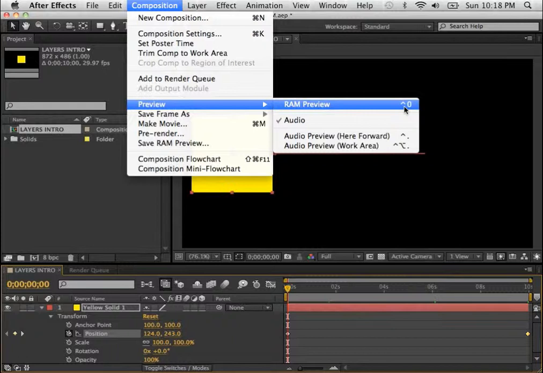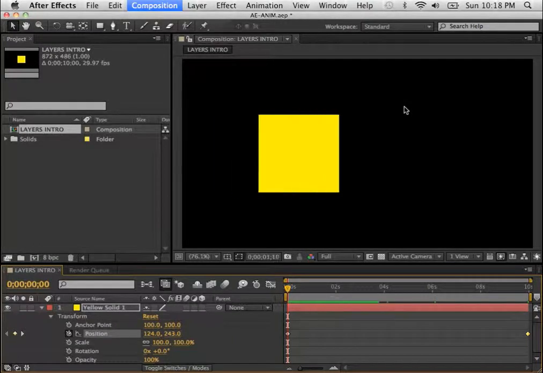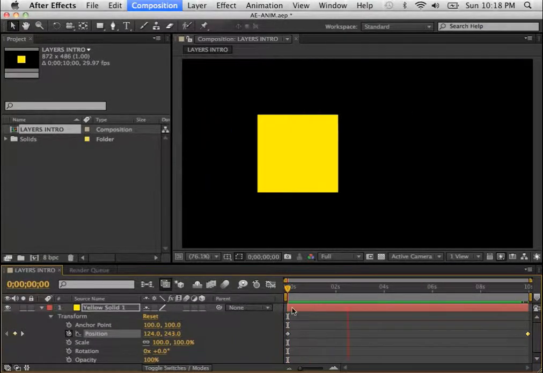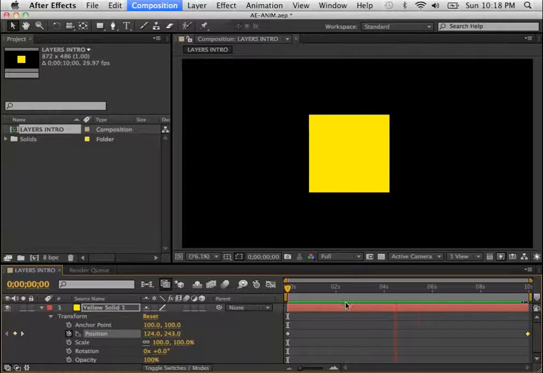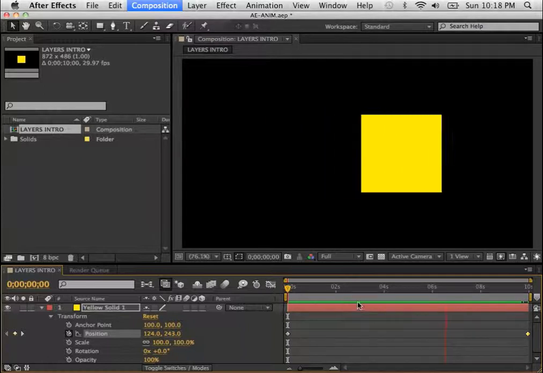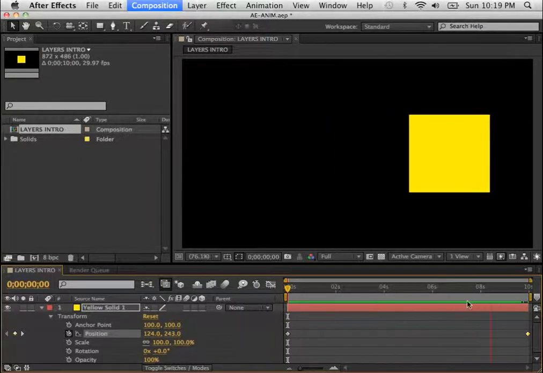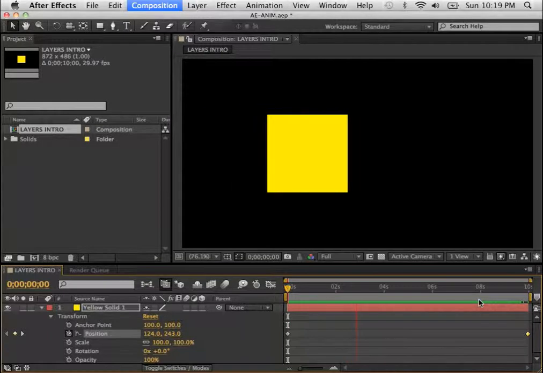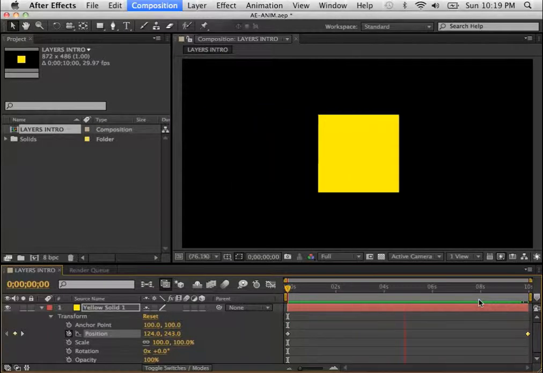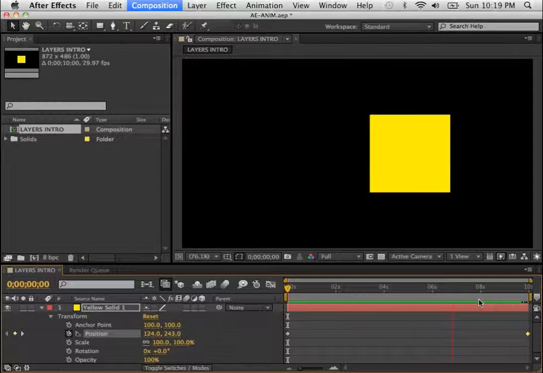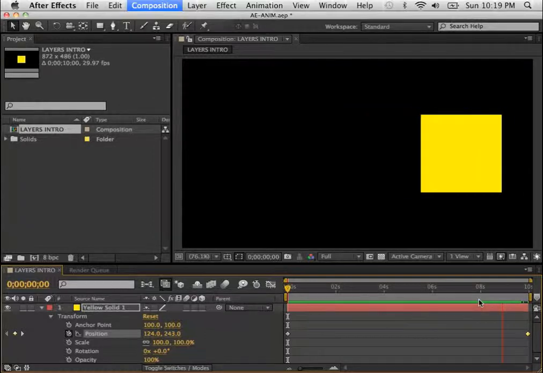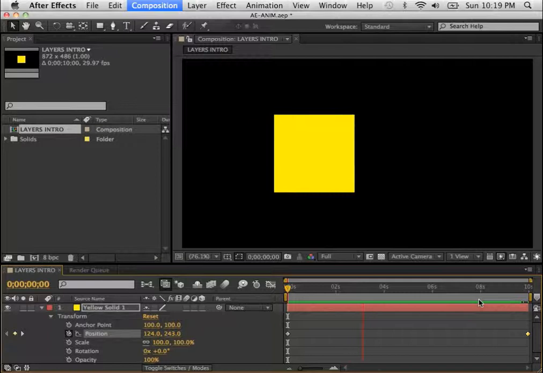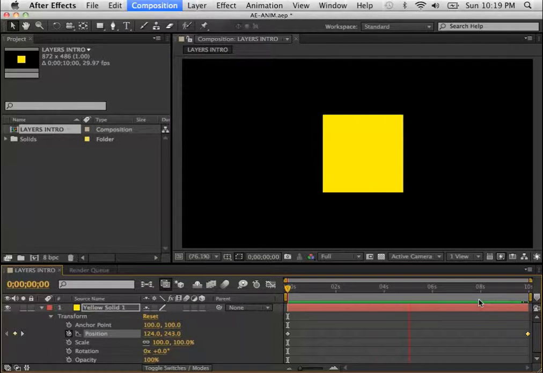So here I'm going to do a RAM preview. I'm going to say, all right, RAM preview this thing. And now it's going through, analyzing each frame. And I see this little green bar. And I saw that green bar sort of build itself and grow as this thing was able to process each frame and stash it in RAM. And then finally, every frame put together, once it's done, it'll go back and then replay your movie at real time. And this is really important to do because,